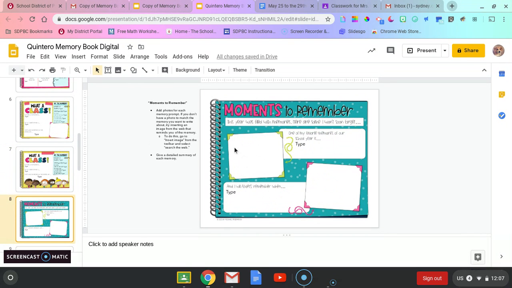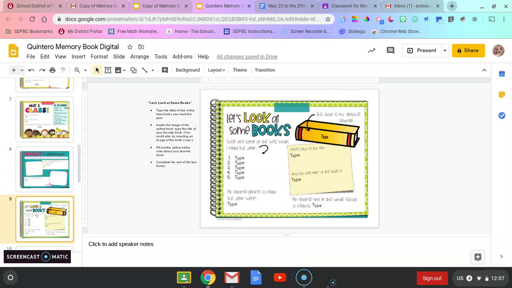Okay, moments I remember. So my favorite memory of our school year, I will always remember when some books, these are the best books I read, my favorite genre to read. A lot of you guys like fiction, so I'm sure you'll say that. My absolute favorite book, you'll type it right here. Why it's my favorite, the best part of the book. And